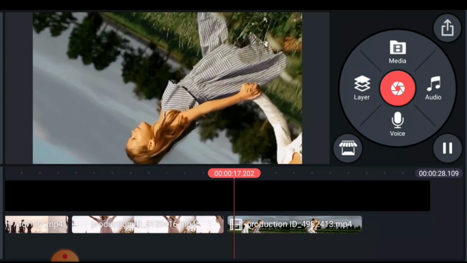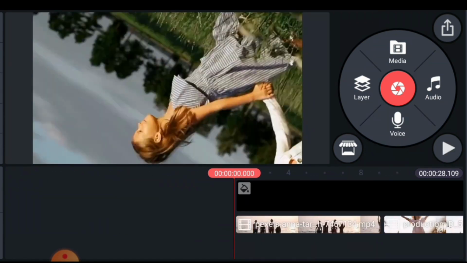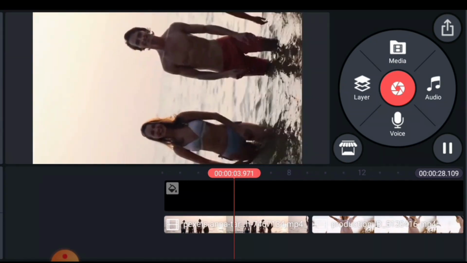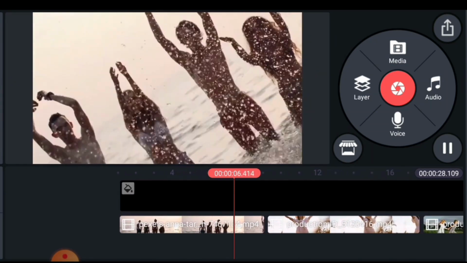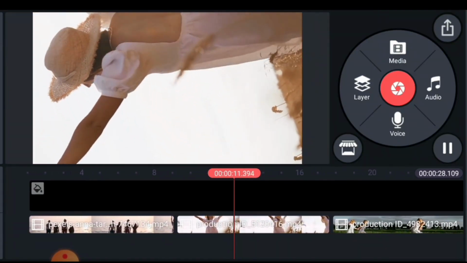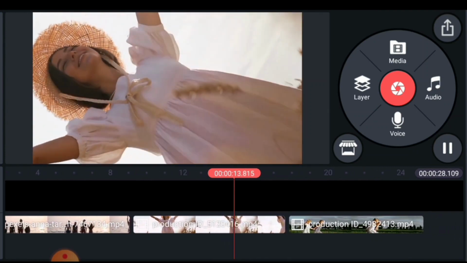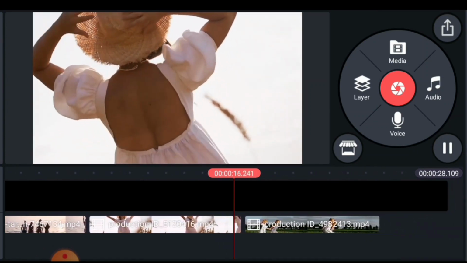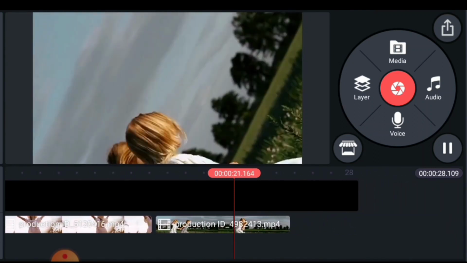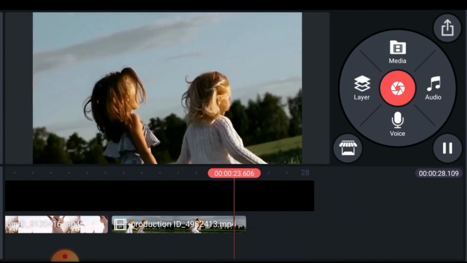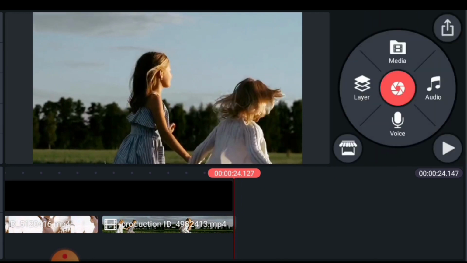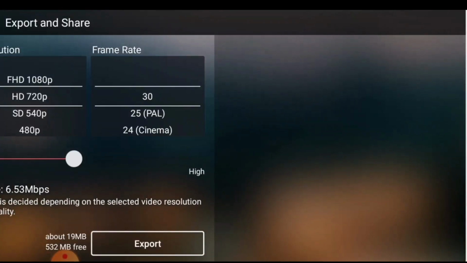So let us play the clip and see how all the clips look from the beginning. So that's it. This is the second clip. And this is the third clip. So after doing this, you export. If you want to put in maybe some transition, when you have exported, you bring it back and you split them and